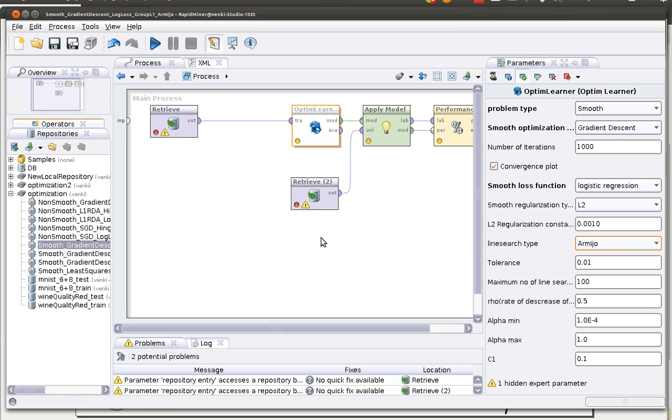So what we see here is a sample process from the sample repository. The optimization plugin introduces only one learner called OptimLearner. All the features mentioned earlier that are offered by the plugin are configurable as parameters. So for example, the problem type or the optimization algorithm, loss function, an option to predefine the number of iterations, the type of regularizer, the parameters for regularization constants, and the line search types. The line search is available only for smooth optimization,